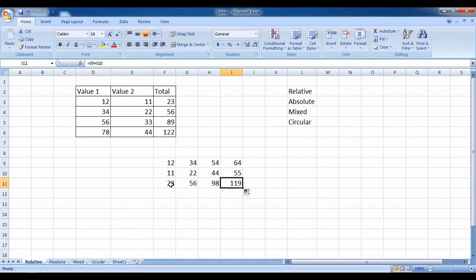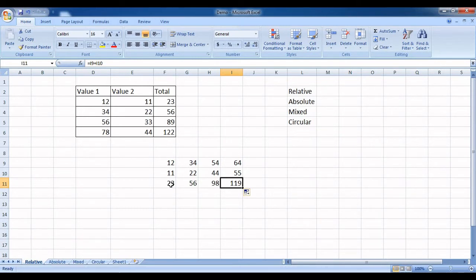Now such kind of auto update, such kind of cell reference is called relative, where either row number or column name will be updated automatically depending on the position or the direction of your dragging. In general, column name or row number will be updated automatically depending on the formula that you add or depending on the content that you add. The most commonly used cell reference is relative. In most of the cases, we prefer to use relative cell reference.